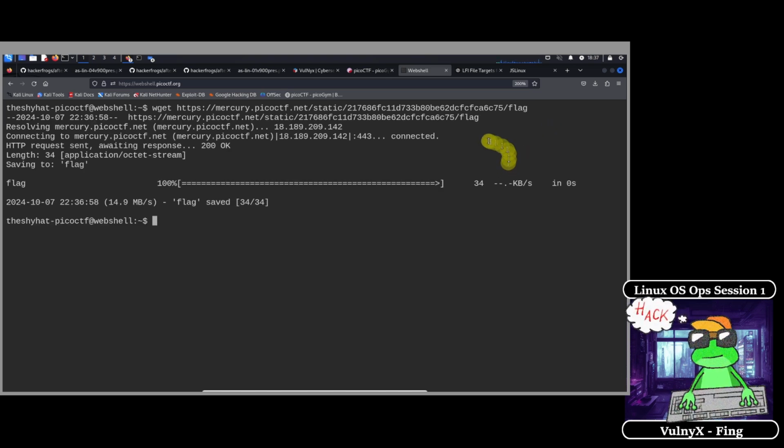And that's going to download the file to our directory. You should see this kind of output right here, and the name of the file is flag. We're going to use the ls command to list out the contents of our directory. Just type ls and then enter, and you should see the flag file over here. So does anybody know what command we use to read files in Linux? If you know, type it in the chat. And if you manage to download the file, please type in the chat, I downloaded the file, smiley face.